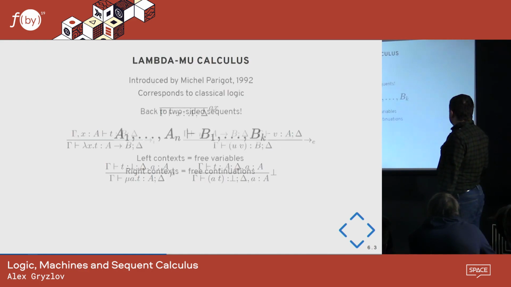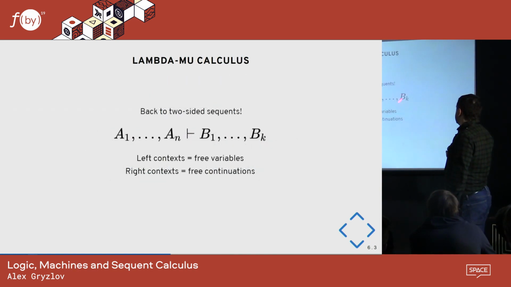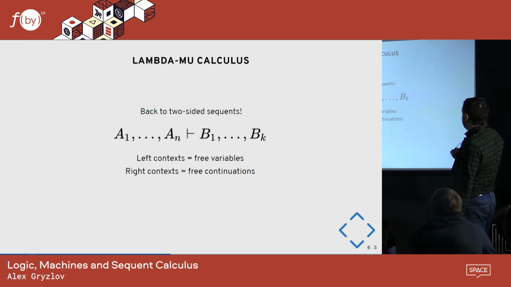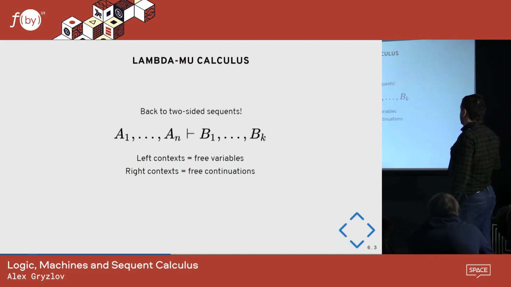If you look at this, you notice that we now have these deltas. So this means we have lists or multi-sequences. So we are back to this classical 2-sided sequent. So this means that this is our context or our free variables, and all of them must be true. So we should have all of these free variables, and one of these things should be true. That basically translates to we choose one of these continuations to follow. Well, we cannot evaluate everything at once. We have to choose one of the remainders of the computation. So on the left are the variables and on the right are continuations.